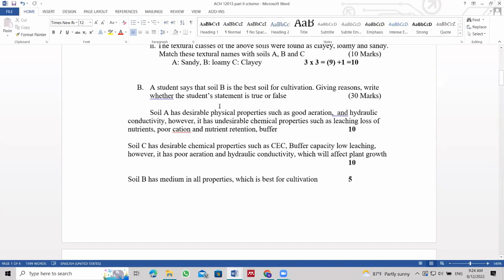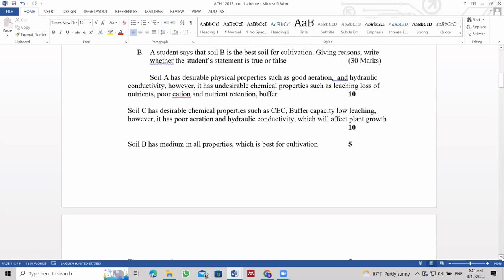Soil A has desirable physical properties. Soil C has both desirable and undesirable properties. But B has medium values in all properties, which is best for cultivation. So this much is the answer. Okay. Then for the next question,